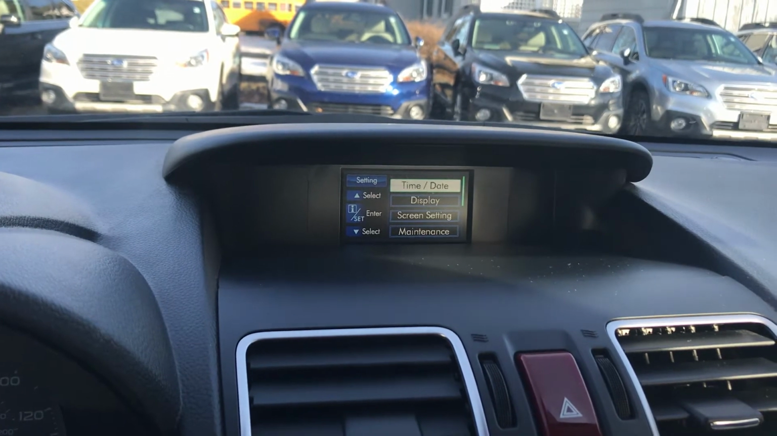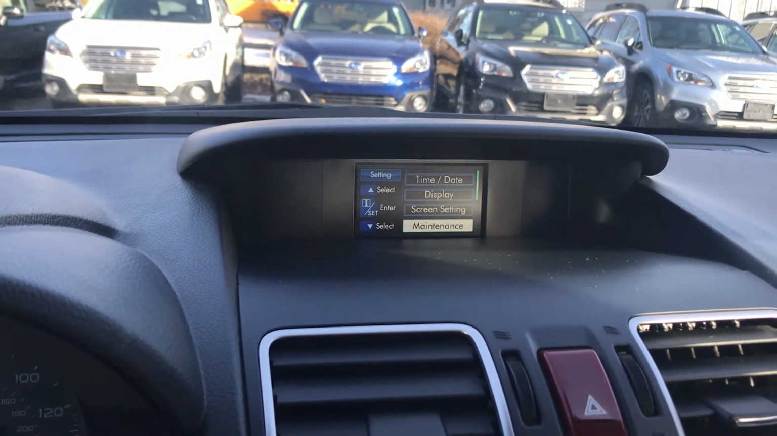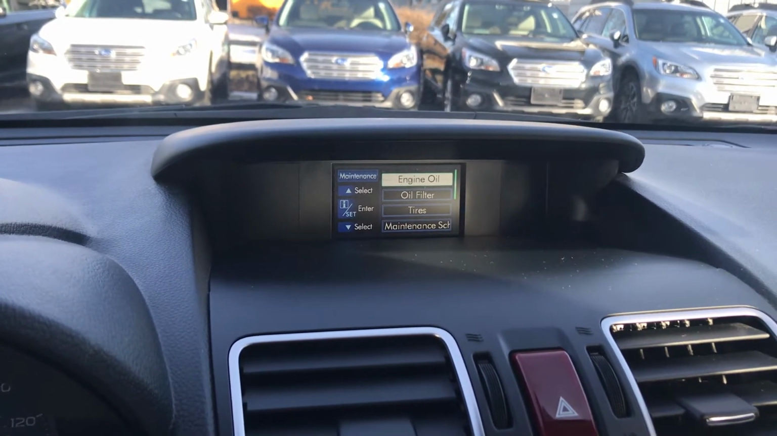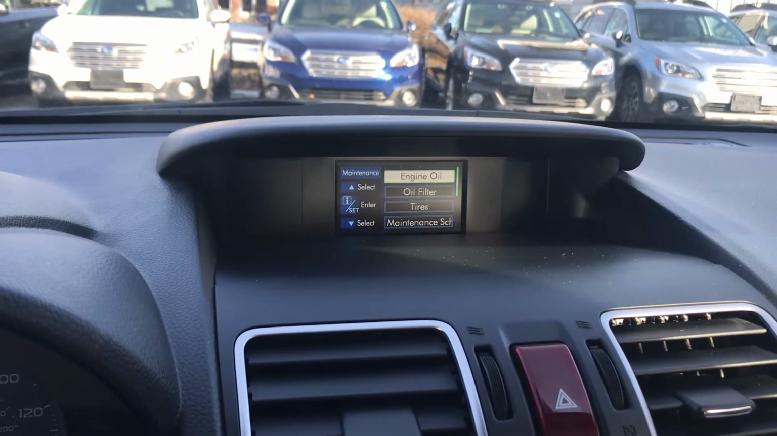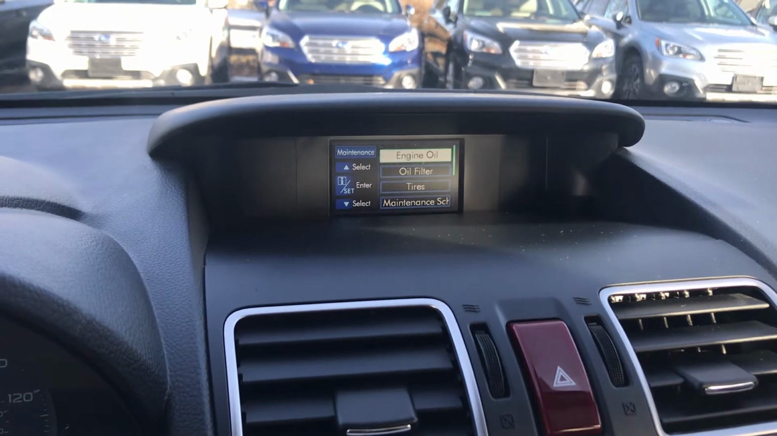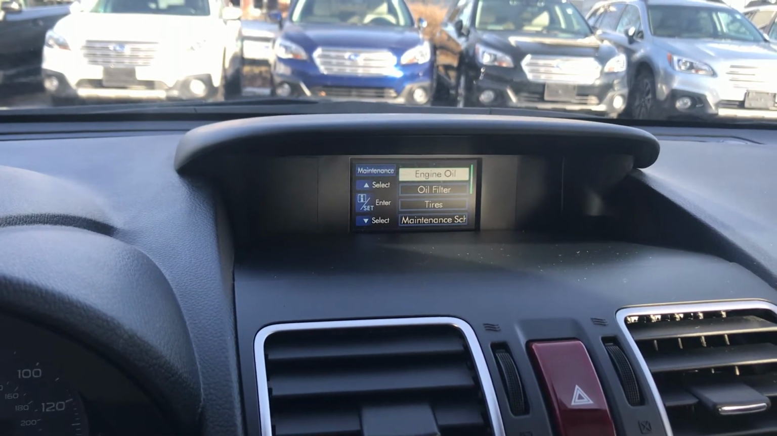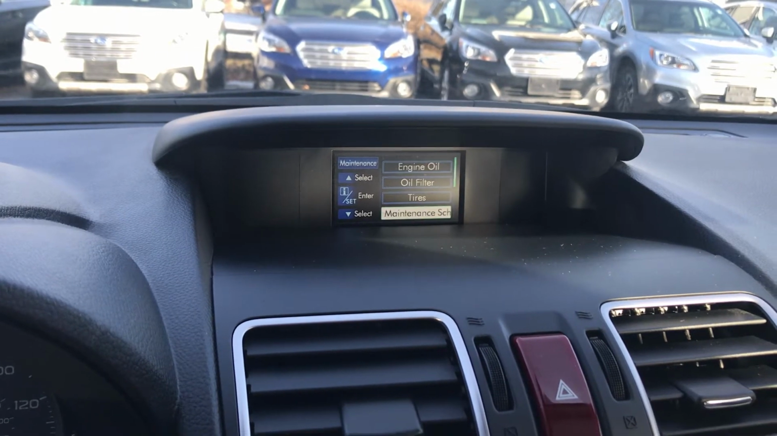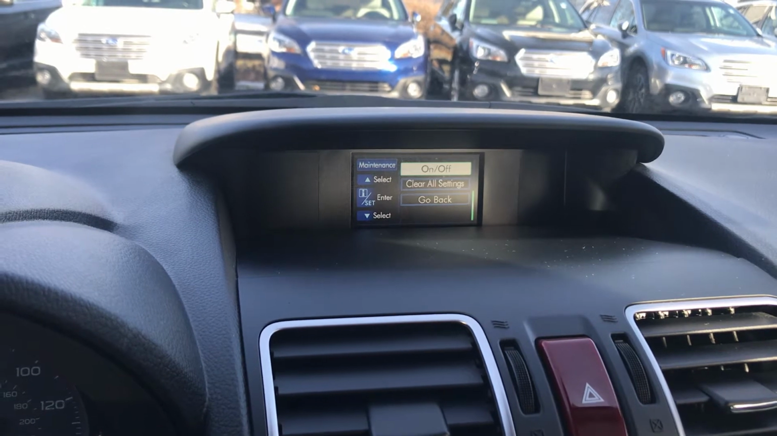And then here I have time and date, so I'm just going to hit the downward arrow until I get to maintenance, and then again I'm going to use that middle button to select that. And now here is where I can actually go in and manually enter your next oil change date, but instead we're just going to actually clear out the maintenance. So I'm going to use the down arrow, and I can either go to maintenance schedule and set that in, or I can turn on and off the